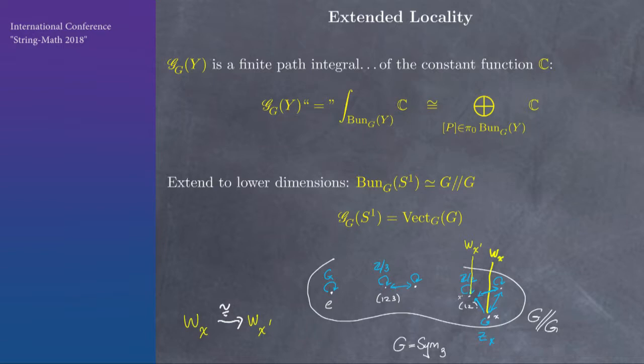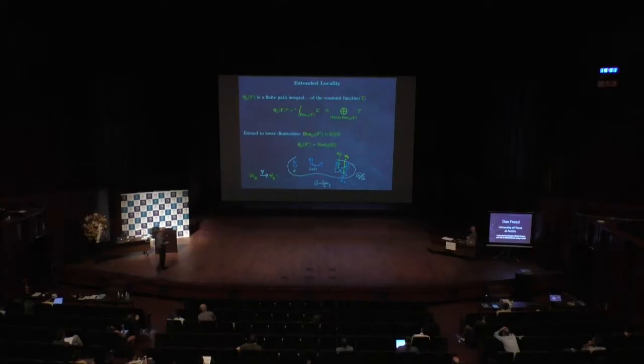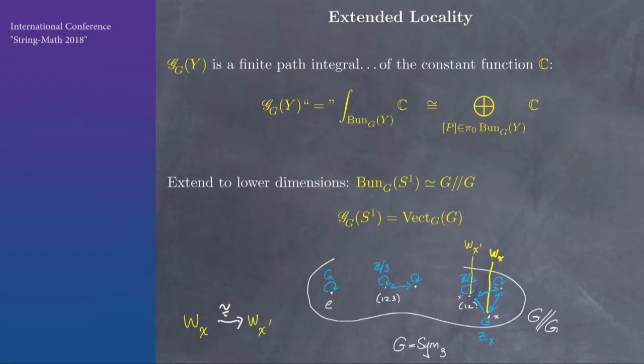So here's the picture of G acting on itself by conjugation for the symmetric group of order 3. And what we attach to the circle is this linear category, which are the vector bundles over that. So they're equivariant vector bundles over the group, equivariant for the conjugation action. So the irreducible, the simple objects, are given by a conjugacy class and a representation of the centralizer.